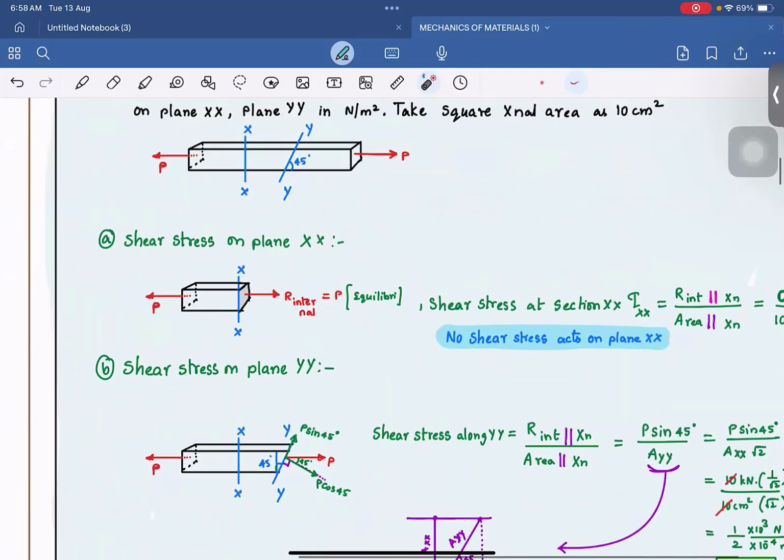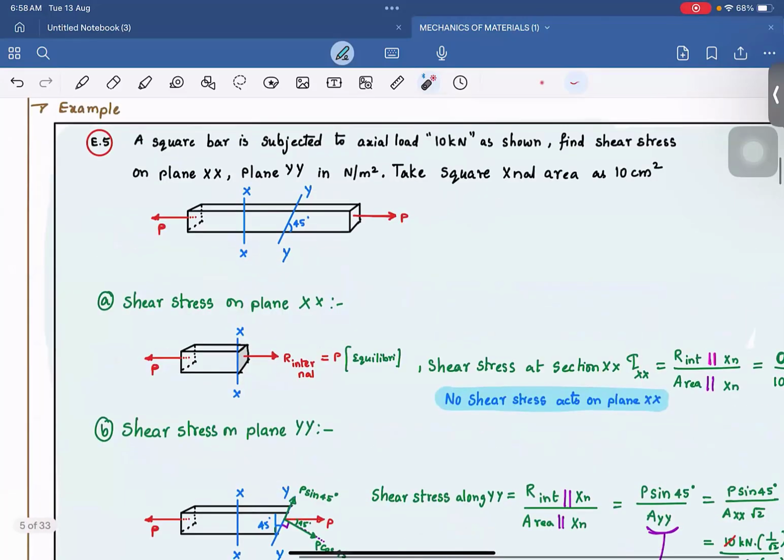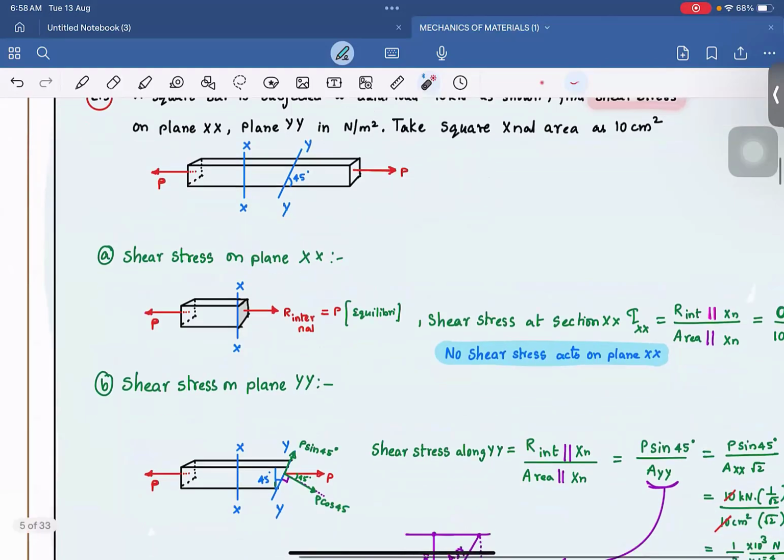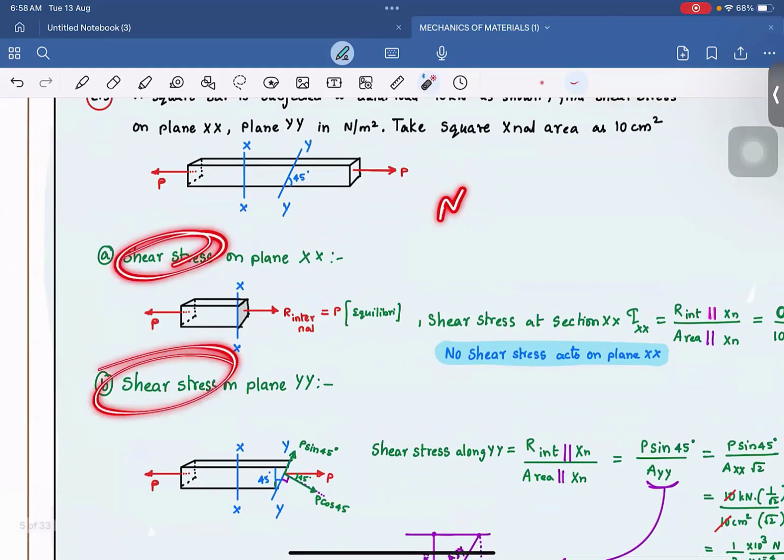It is a good question with a simple logic, which I have mentioned here. You have to apply that. They asked only for shear stress, remember that. So I will find only shear stress. Don't waste your time finding the normal stress. Coming to finding the shear stress,